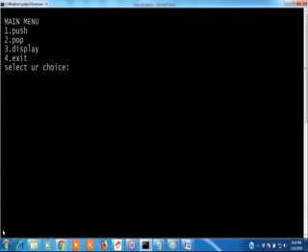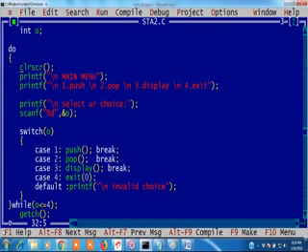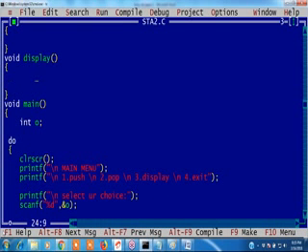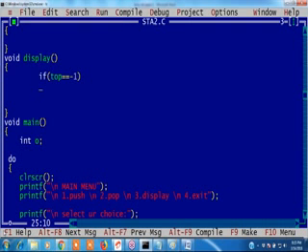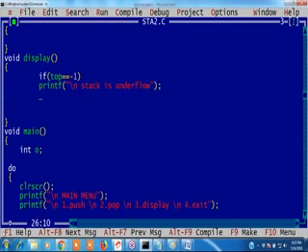4. First we will write the display code. Yeah, we will write the display code, guys. Tell me the display code. First, if you want to display, we have to check whether the element is there or not. How to check it? If top equals to minus 1, then here you need to display that stack is underflow. There are no elements.